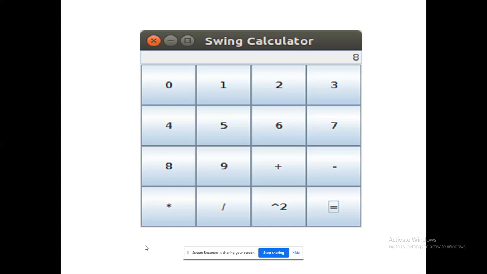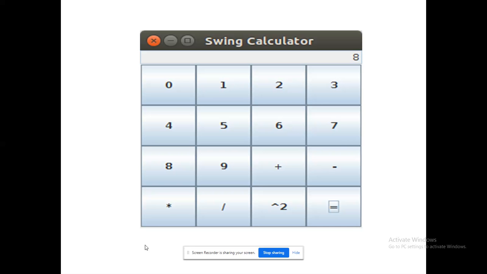Okay, for displaying the value, what I have to use. It is advisable to use a text box or text area. If you are going for a scientific calculator, I advise you to go for a text area, because we can customize the length and breadth. While you can control it with a text box, it won't give you that much sophisticated properties and methods.